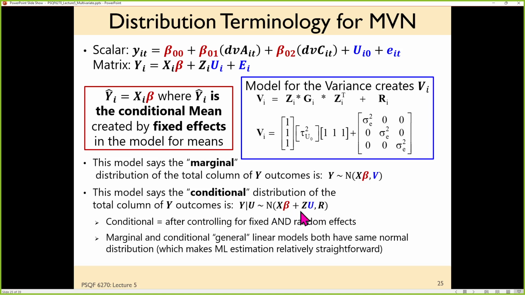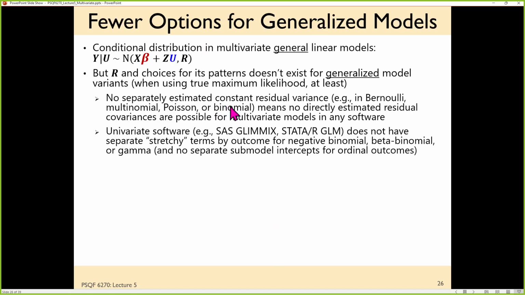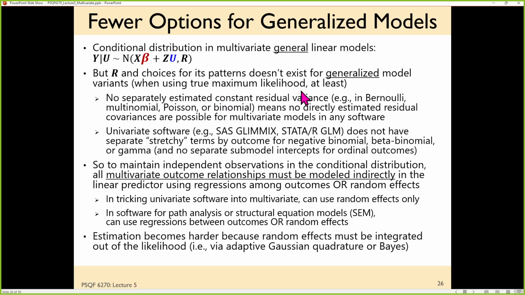So we're talking about then the linear predictor in a generalized linear model having the U part in it. Even though I consider that a variance term, technically speaking, it's included in the linear predictor. Because then the conditional distribution can be Bernoulli or binomial or whatever it needs to be, because it is independent at that point. All of the reasons for the correlation should be in this part of the model, in the U part. So this is the only choice really that I know of for introducing correlations between outcomes in generalized linear models.